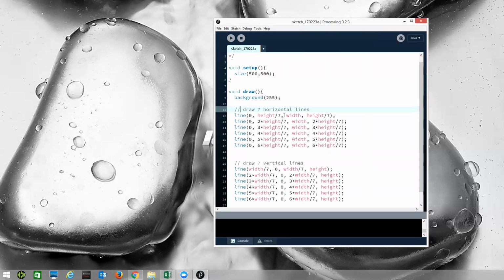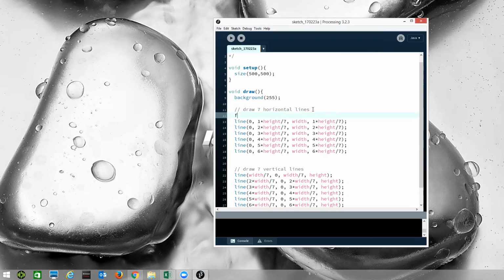All right. Now let's take a look at the pattern in drawing these horizontal lines. We can see that the first time this was height divided by 7, which is the same as if I were to multiply that, 1 times height divided by 7. And we can see that our multiplier incremented by 1 each time through here. Well, anytime we do something and we increment this by 1, it should start triggering the fact that we want to use a loop. But what if we were to then make a variable, a counter variable,